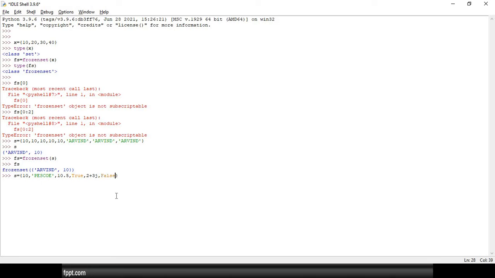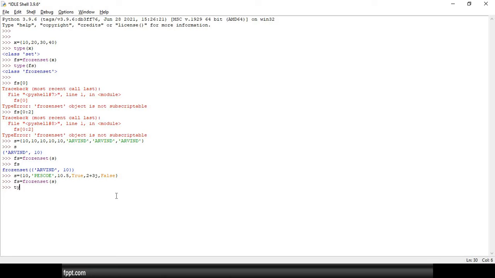These heterogeneous data types are available, we all know that. So when you're trying to store them in the set, the answer is yes, we are able to store them. Now we'll convert it into a frozen set. How will we convert? fs is equal to frozenset. In round brackets I will pass the s. That means that information will be stored in fs. Okay, so click on that.